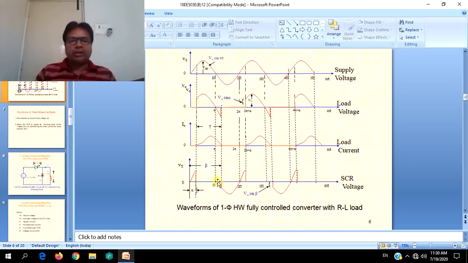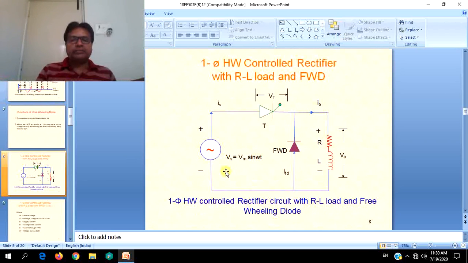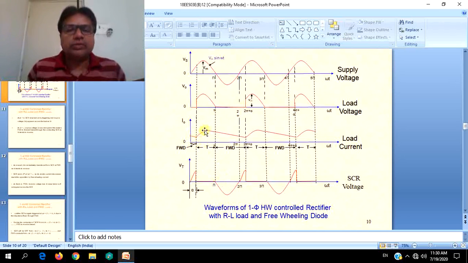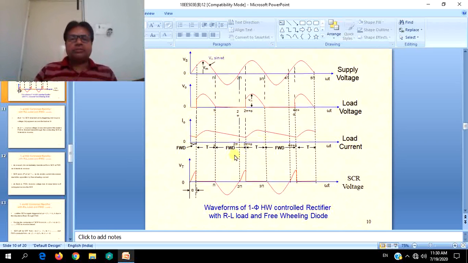In this case, at pi itself the SCR is getting the reverse voltage and it will block the total reverse voltage. So that is the first thing achieved by the SCR, that is its function. Next, when we go through the waveforms with respect to the previous slides, now the average value of the current waveform is drawn over here, where at alpha